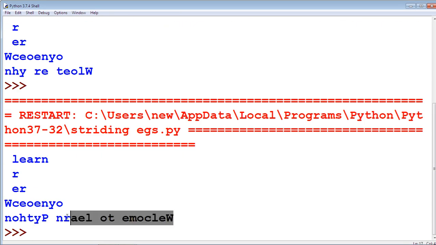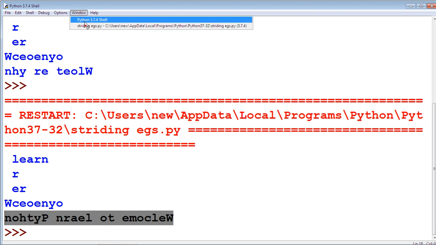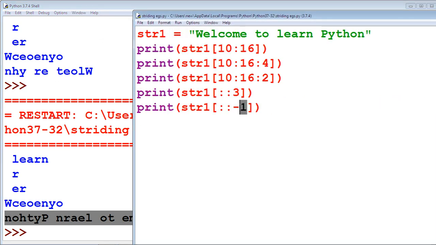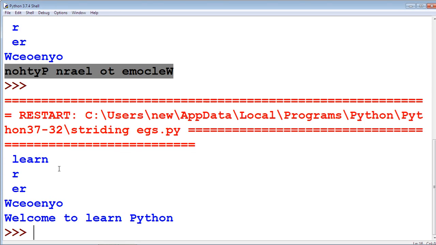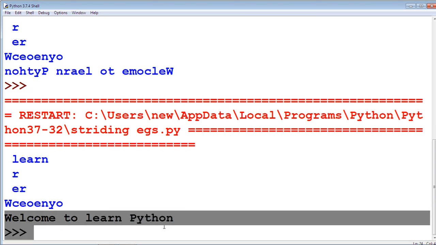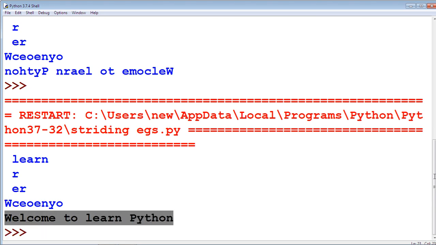Now we are getting the final one here. "Welcome to LAN Python" is in reverse order, the welcome, to LAN Python, in reverse order here. We are doing this by using the striding operator's third argument as -1. If it is +1, the increment is +1, what will happen? Now we are getting the same string. Run the module, and we get the same string. If it is a positive value, it is printed in the normal manner. If it is a negative value, it is printed in reversed manner.